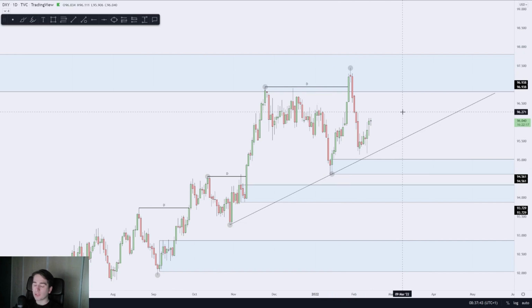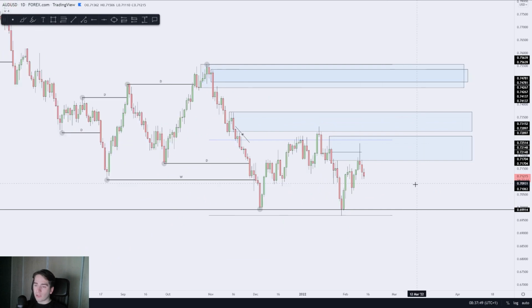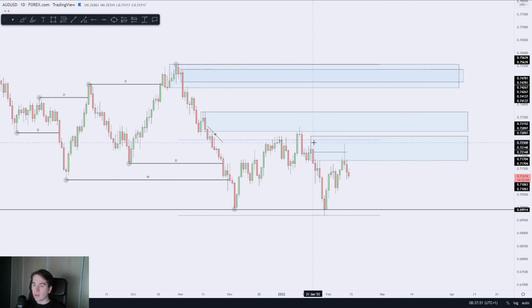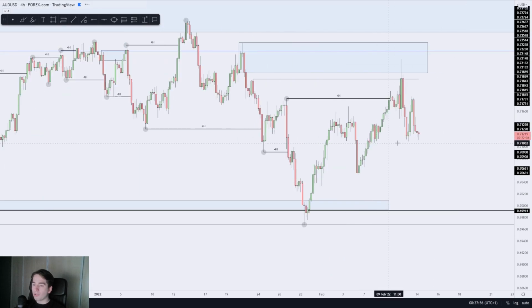So let's head over to our first pair, which is Aussie dollar. Aussie dollar is still reacting to this area of daily supply. Looking at the 4-hour time frame, what we of course know from last week is the fact that the 4-hour is now bullish. Yes, it is a pity that the 4-hour is now bullish